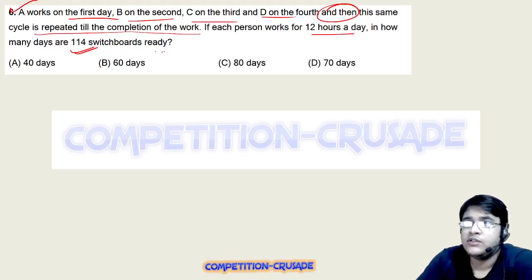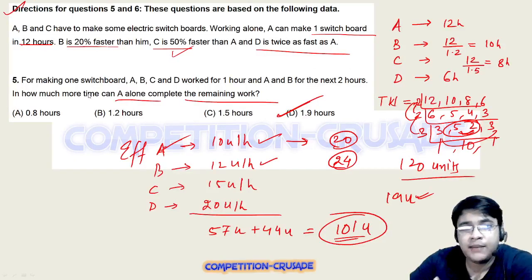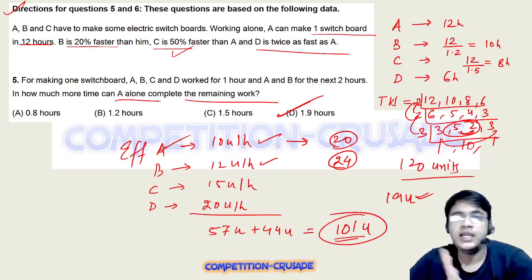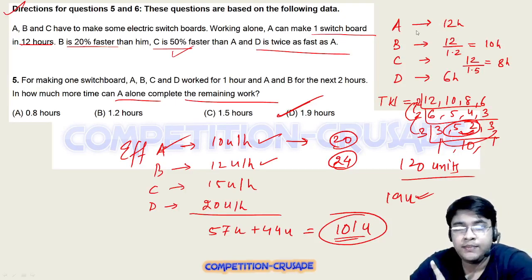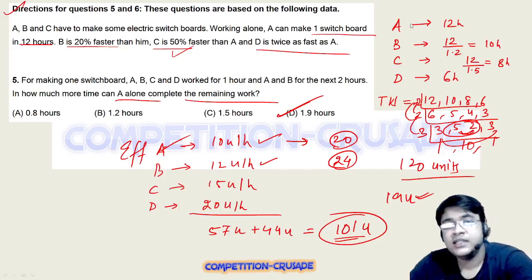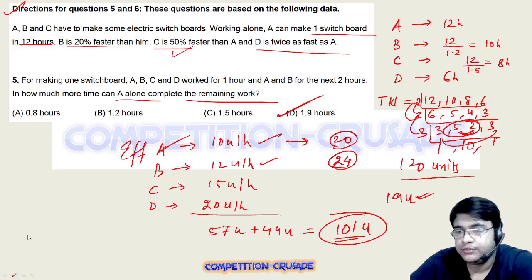are 114 switchboards ready? See, basically वो ये कहना चाह रहे हैं कि पहला दिन जो ए काम करता है, दूसरे दिन बी, तीसरे दिन सी एंड चौथे दिन डी। मैं पूछना चाहता हूं कि 12 घंटे काम कर रहे हैं, जो भी काम कर रहा है 12 घंटे ही कर रहा है। The initial information has talked about working alone: A can make one switchboard in 12 hours. अगर 12 घंटे ही काम करेगा ए एक दिन, तो वो एक दिन कितने स्विच बोर्ड बनाएगा? मेरा सवाल आपसे ये है। जब तक आप सोच रहे हो मैं थोड़ा सा पेन निकाल लूं।